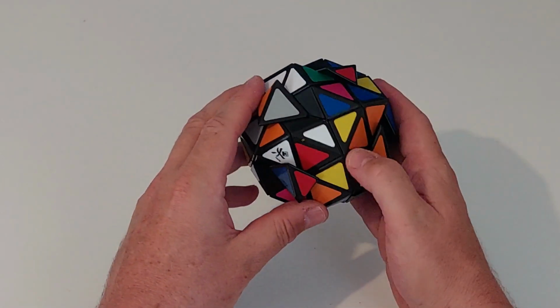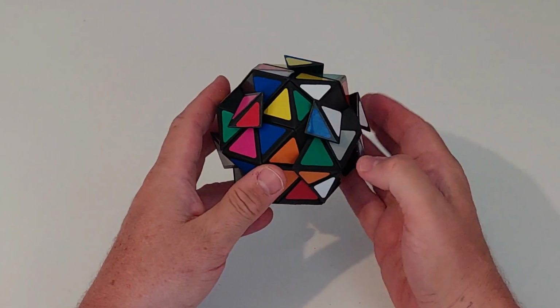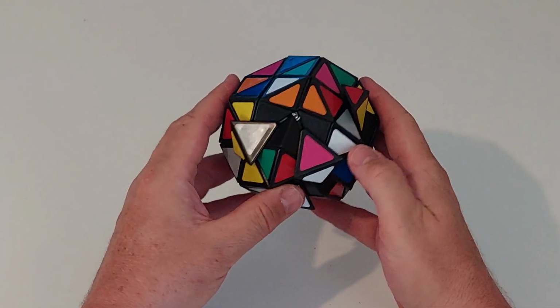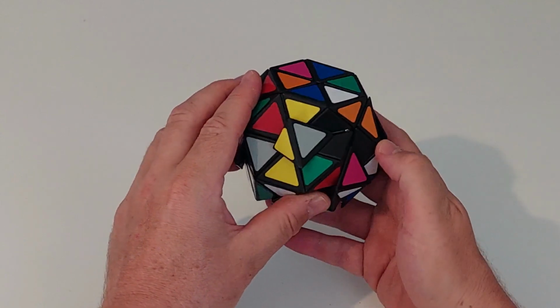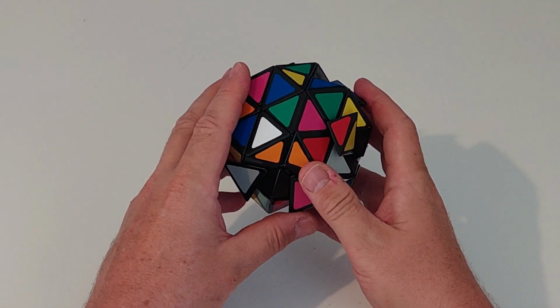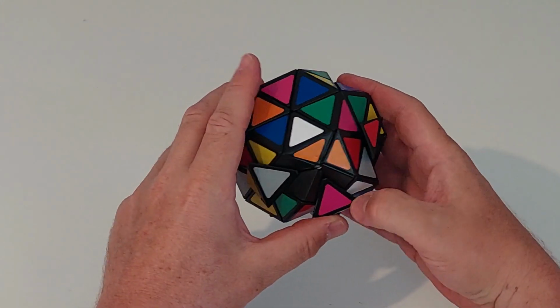But it looks like a really fun puzzle. I don't think it's going to be simple. Any jumbling puzzle generally is a pretty decent challenge. As I said, this comes from Cubezz. It comes from a lot of places, but you certainly won't get cheaper than Cubezz. And at Cubezz, this is going for